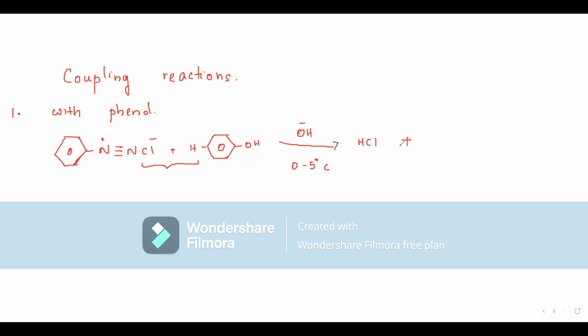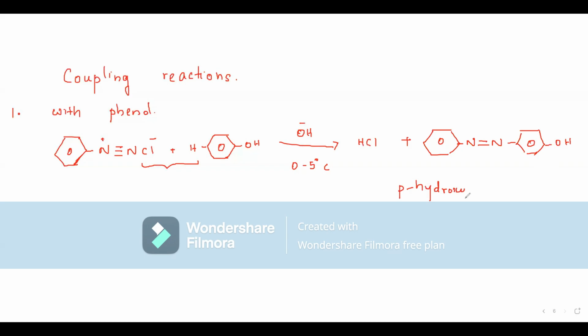We are removing HCl, and then there remains benzene ring, N double bond N. In ISC board correction, presence of HCl is important, as well as showing this N double bond N is important. And you get your product, which is called